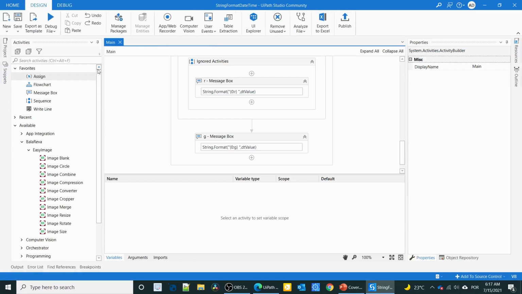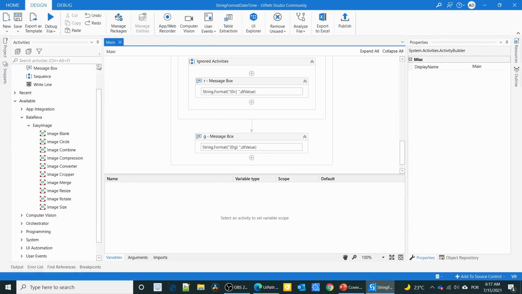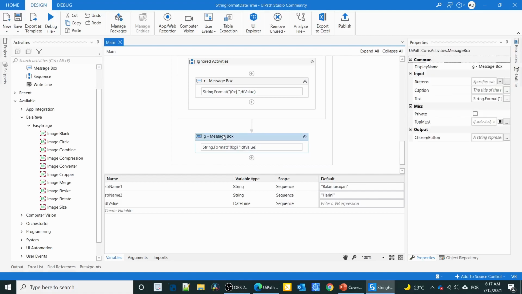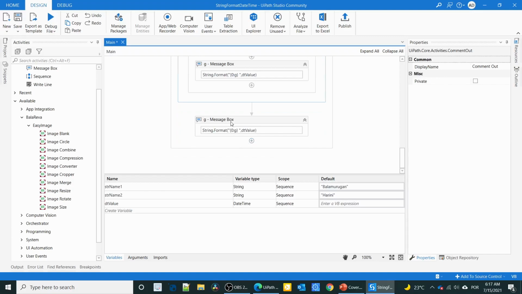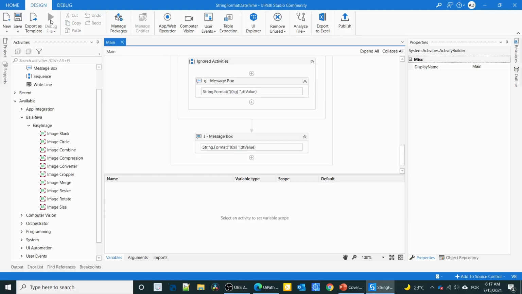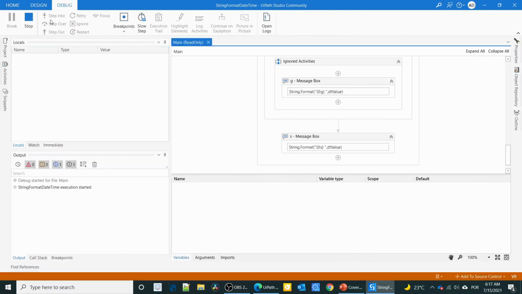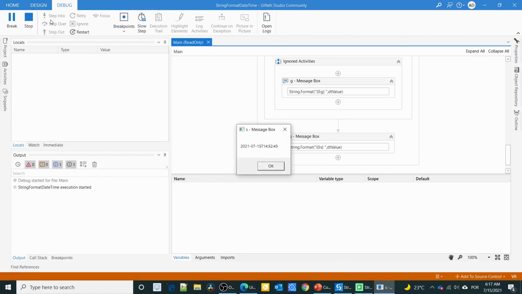And if you want a sortable date and time, you can use S. I'm going to give S. See, it will give a short format.